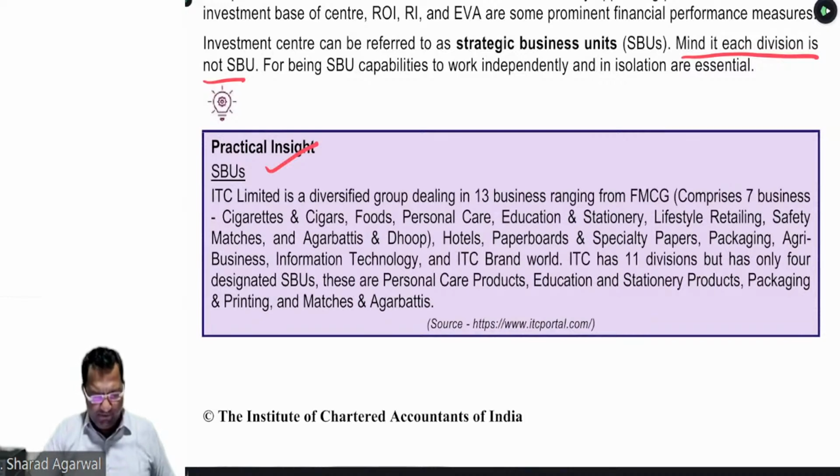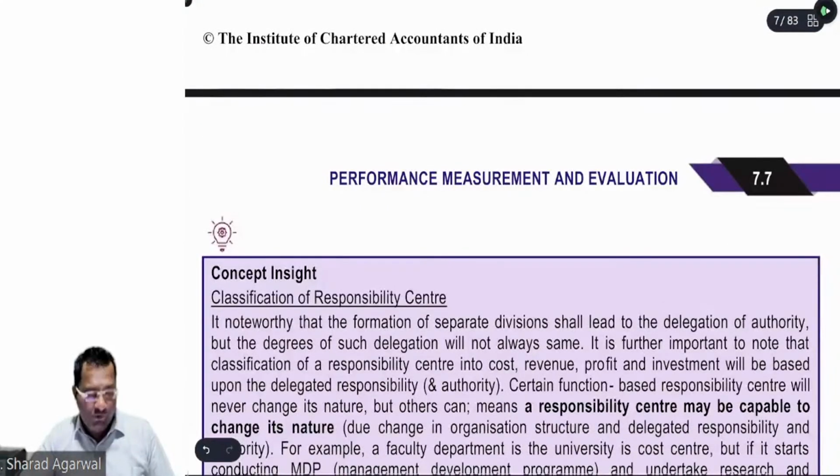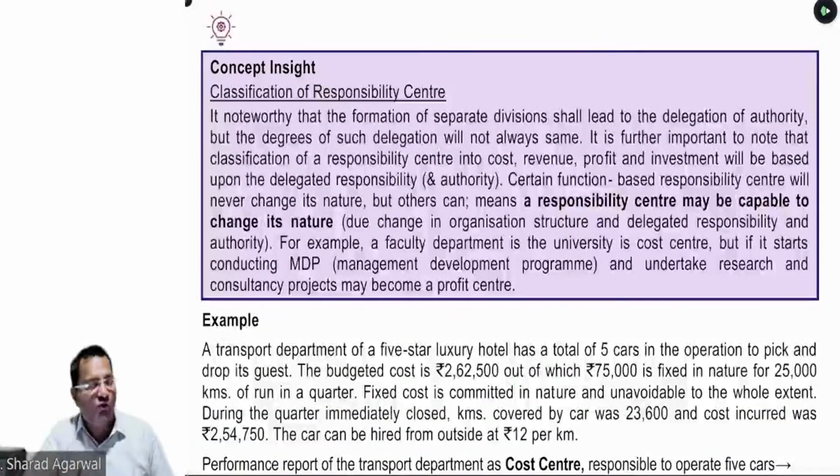ओके बेटा, पढ़ लिया आपने? तो जो इन्वेस्टमेंट सेंटर है they can be regarded as strategic business unit if those are crucial products, crucial group of the organization. अब एक बहुत अच्छा क्वेश्चन है स्टडी मटेरियल में, definitely बेटा if this question comes for the very first time, I have a doubt that students will perform well in this question, है ना? डाउट है मुझे, क्योंकि बहुत अच्छा क्वेश्चन है, अपने आप में एक नई सोच हमें देता है कि पूरा डेटा वही है. If the department is a cost center, then how their performance will be evaluated. If the department is a profit center, how their performance will be evaluated.